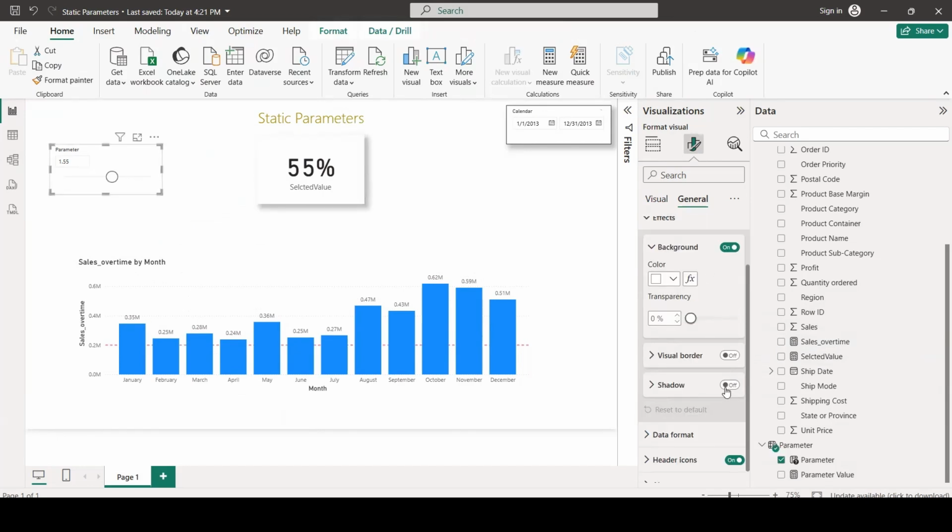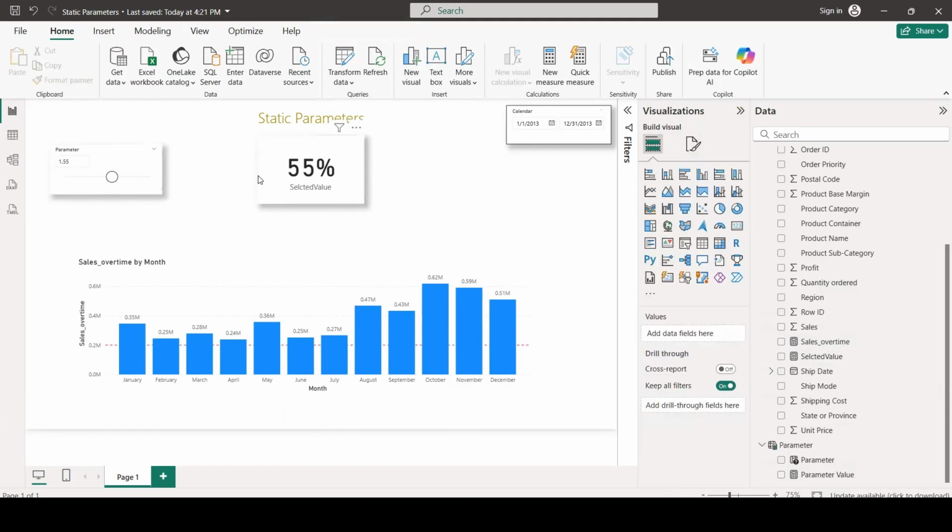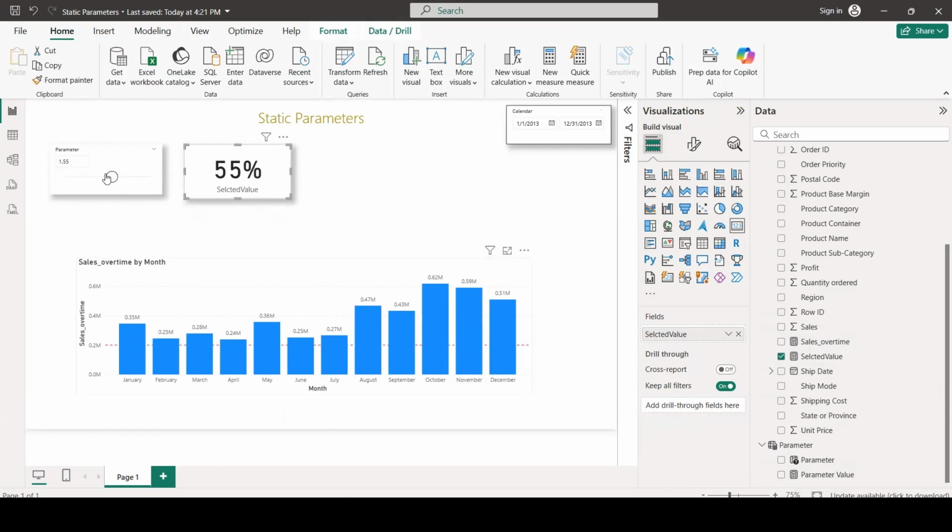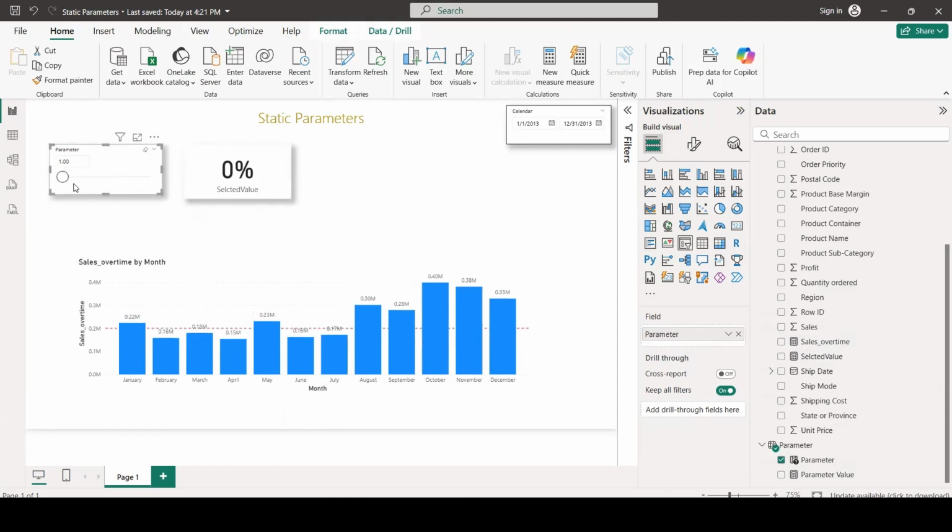So I think this is something pretty cool because you can simulate all the sales by adding percentages in the graph. So you can see how data is changed. So you can use this also in case of capacity for equipment or whatever data you have, and you want to see the dynamic change of the whole data. You can use static parameters.